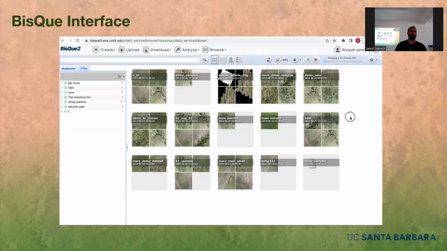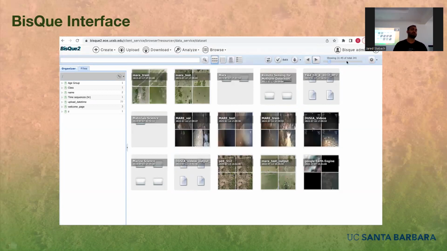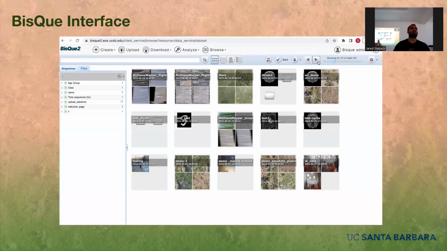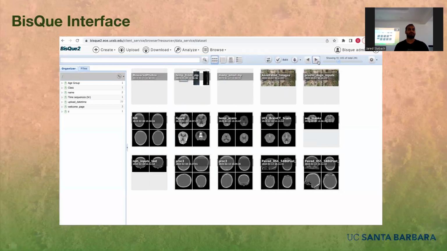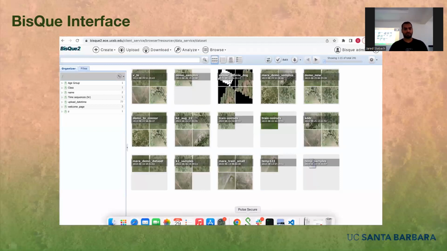So here I'm showing an example of browsing by data set. All you have to do is click on the data set to show you all the data sets available to your account, and you can also select if you want to see all the public data or the data shared specifically with you. You can just use the slider to show this. You can also sort the data sets in the same interface based on the name of the data set, the time it was created, or the time it was last modified. So that is all there. And then going back,